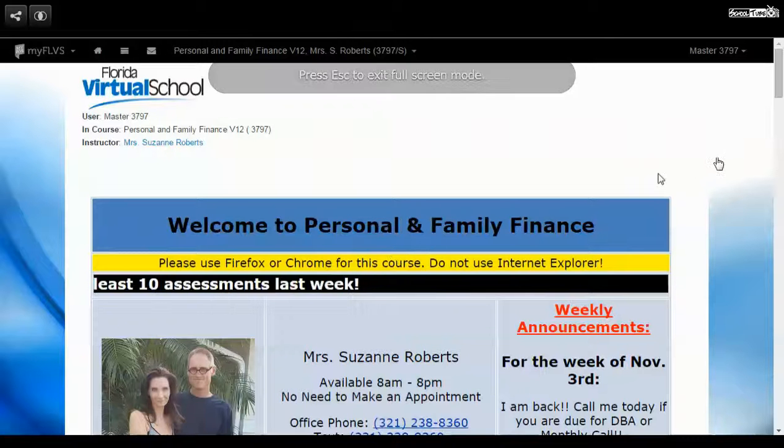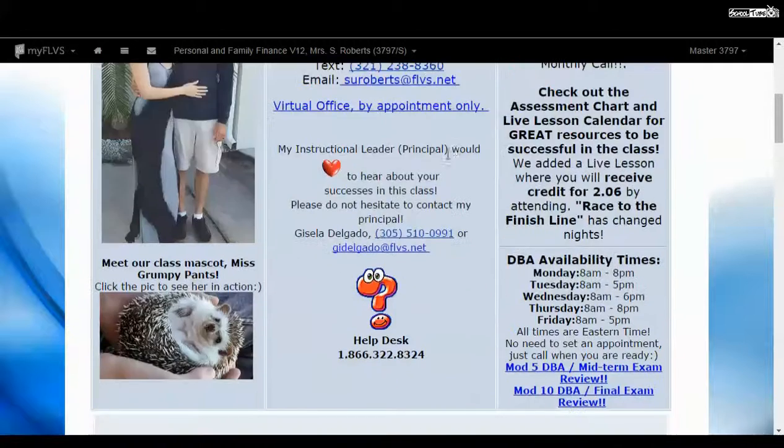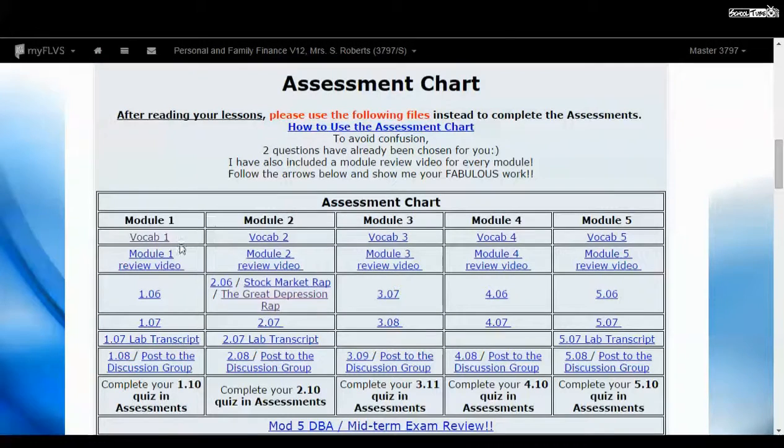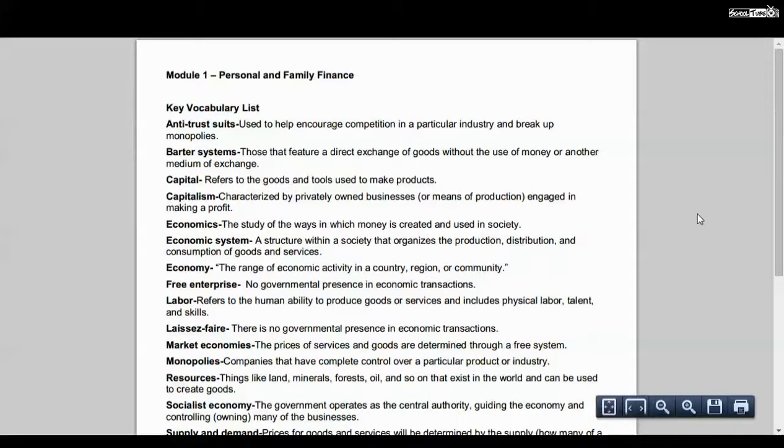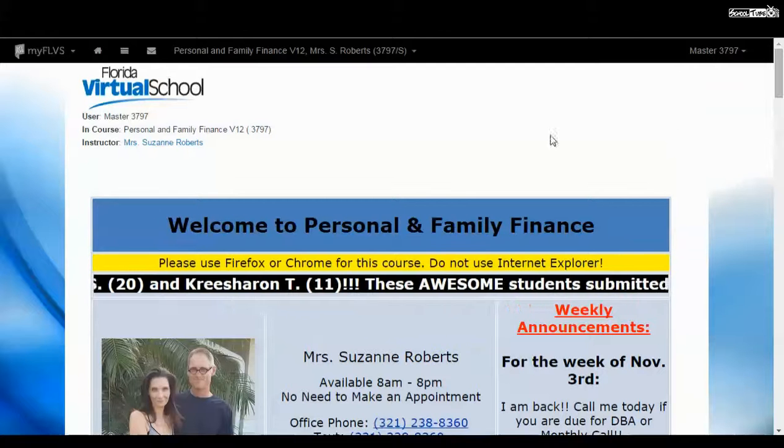To get started in your personal and family finance course, I suggest that you use either Firefox or Chrome for this course. You'll start by going to the announcement page of the course, and for Module 1, scroll down to the assessment chart, and you'll download the vocabulary guide to use as you go through the lessons. Back on the announcement page, scroll up to the top, and you're going to use the menu bar